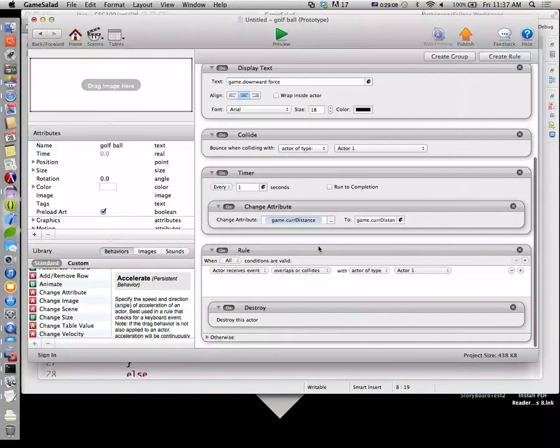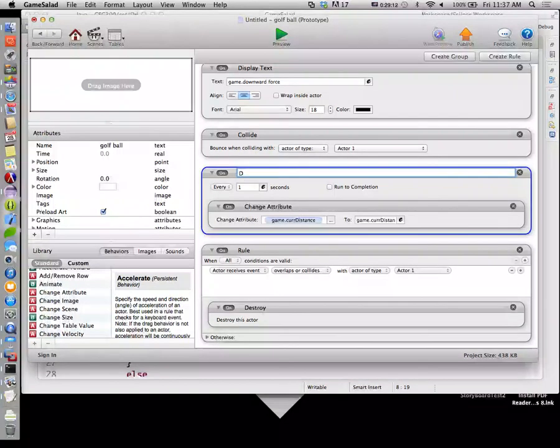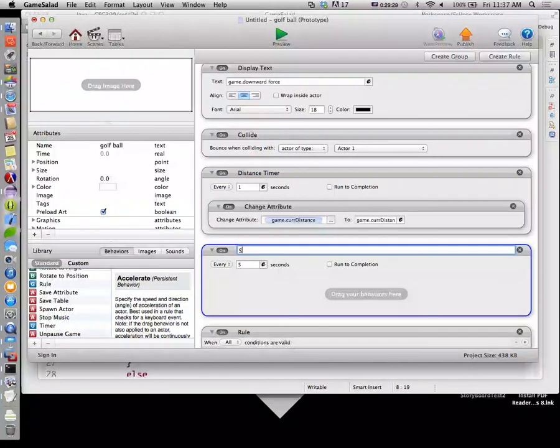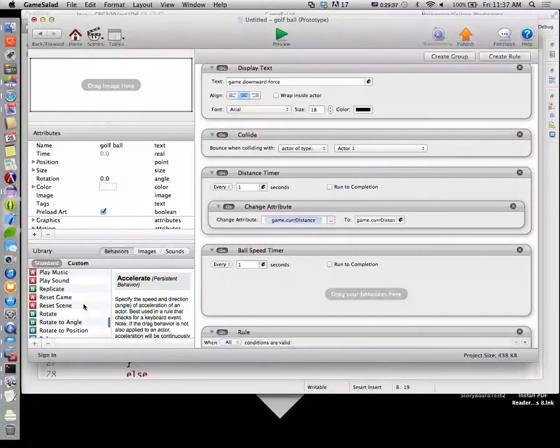And let's create another timer. So this timer is, I'm going to give these guys some names. I just double clicked on it, it just said timer. I'm going to say this is our distance timer. Now I'm going to add another timer in here. And this guy is going to be our ball speed timer. And we're going to say that every 1 second, what happens? Our ball speed